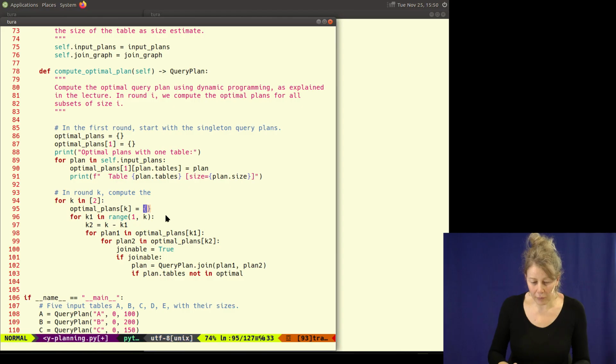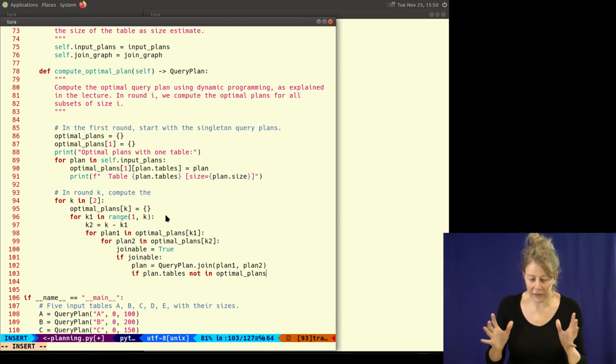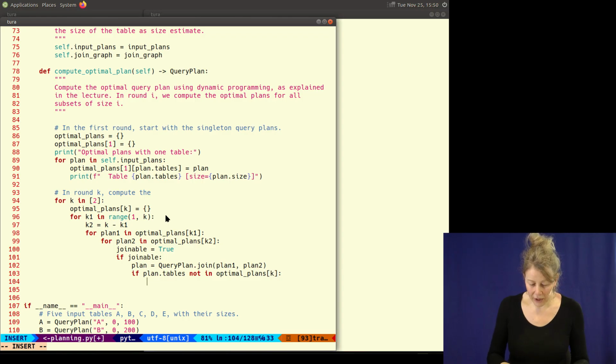This is now all my optimal plans of size 2. So if I've not seen this set of tables before, if not in optimal plans K, then optimal plans K